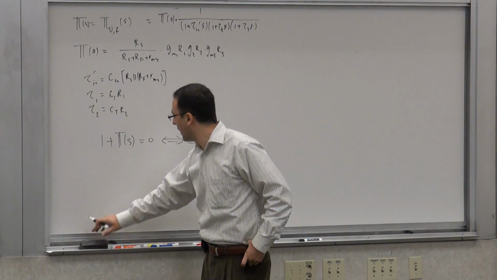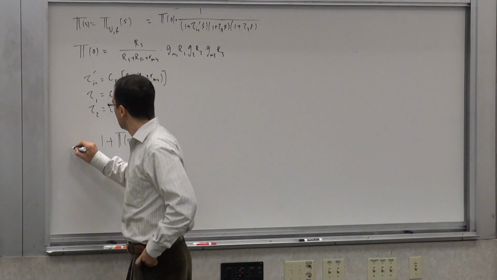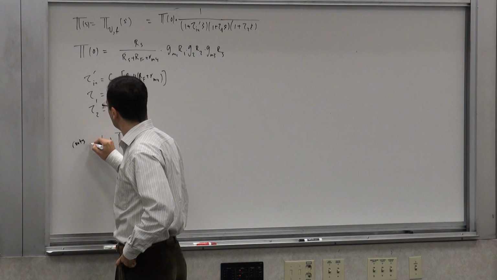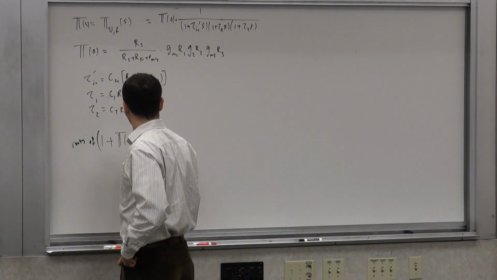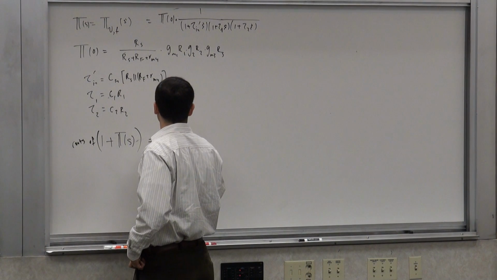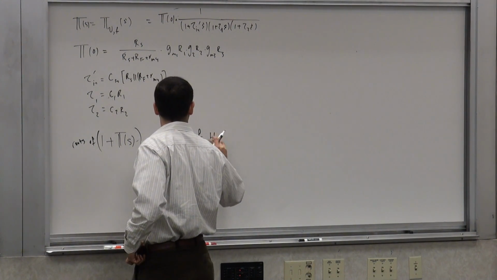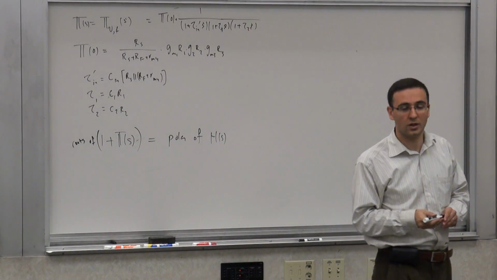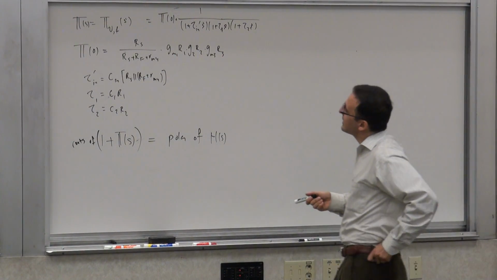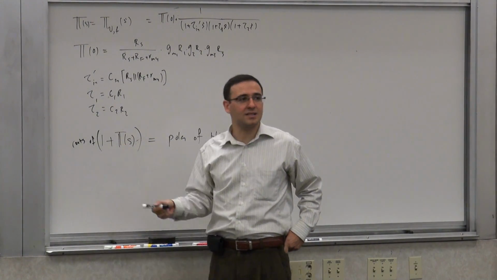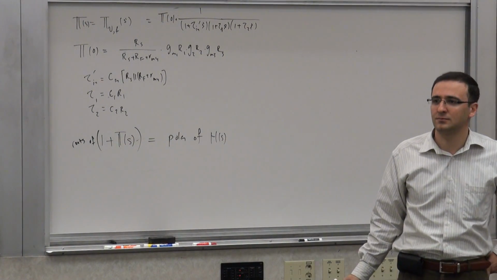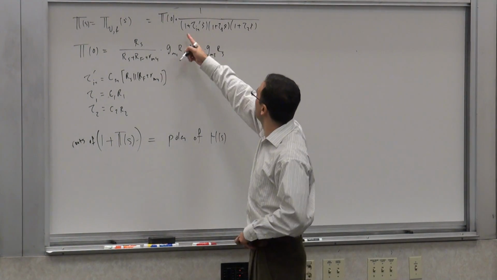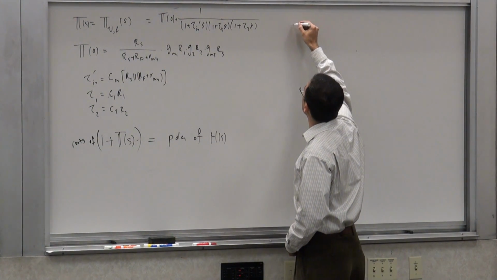So the roots of this are poles of H, or in this case Z. Well, let's get H of s, the transfer function of the system. This is generally true. So we have to evaluate whether 1 plus T of s has roots in the right half plane. So what is 1 plus T of s? So this is T of s. So 1 plus T of s is